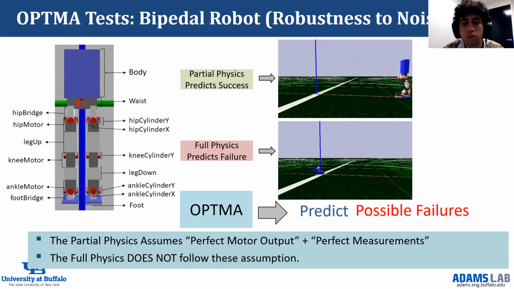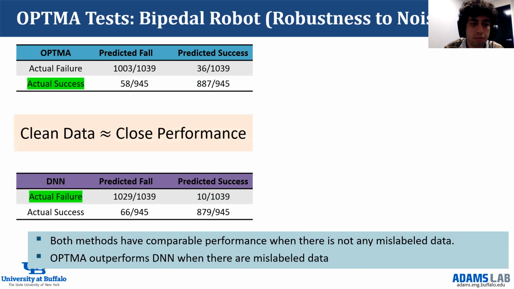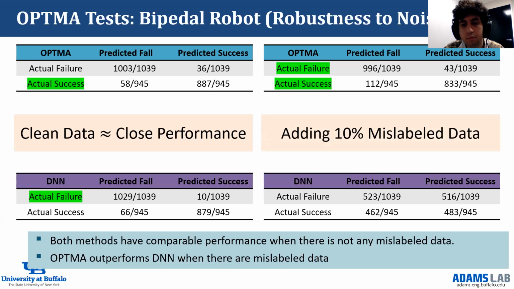So what we are trying to do is predict this fault. This is a classification problem. And we used Optima, compared with a deep neural network here. Initially, the results were almost the same. The accuracy of the Optima data-driven model was the same. But then when we added 10% mislabeled data, the results of Optima became much better, which shows that it's robust to noisy data. So if the data is not accurately labeled or there is some error in measurements,